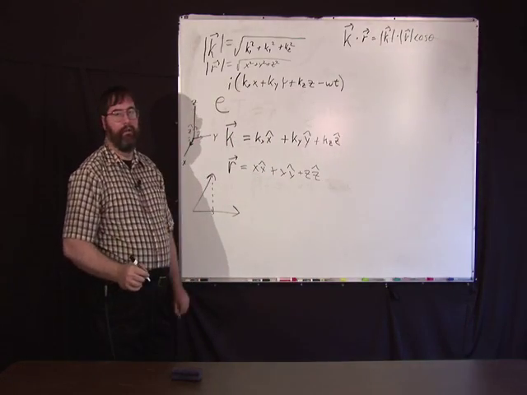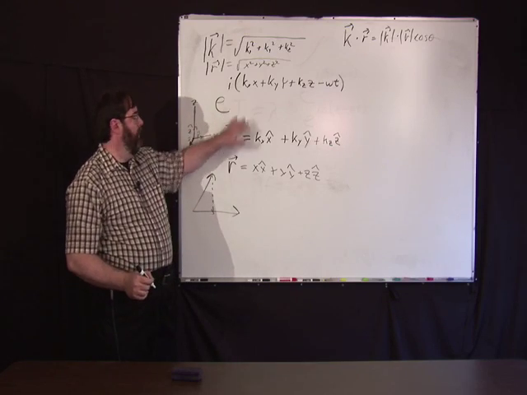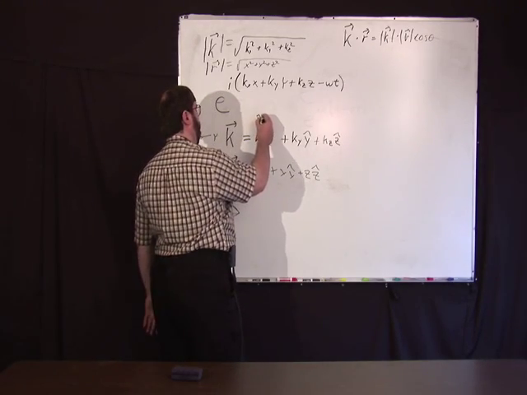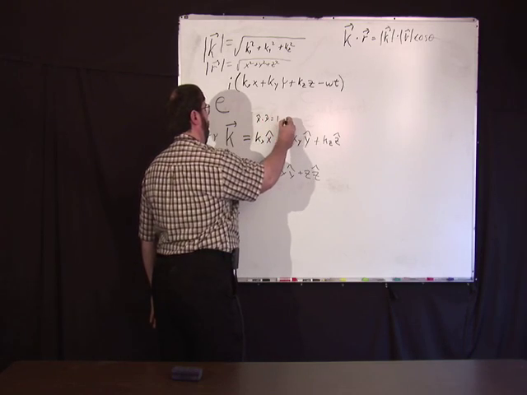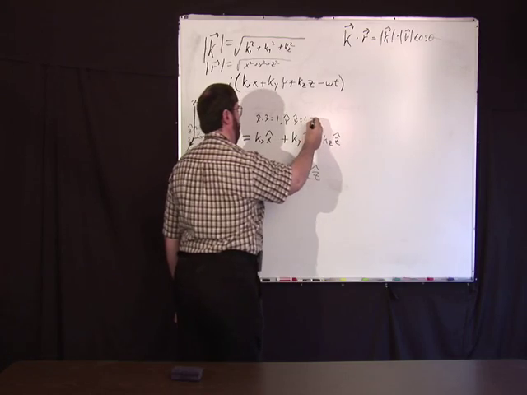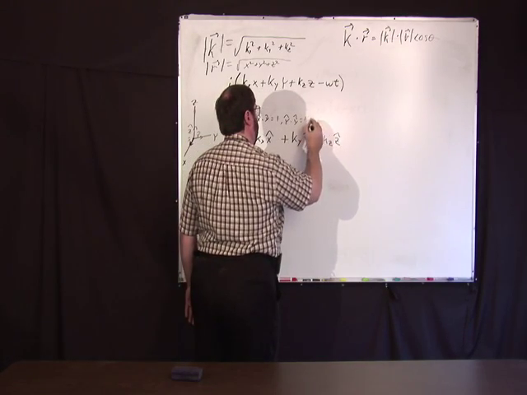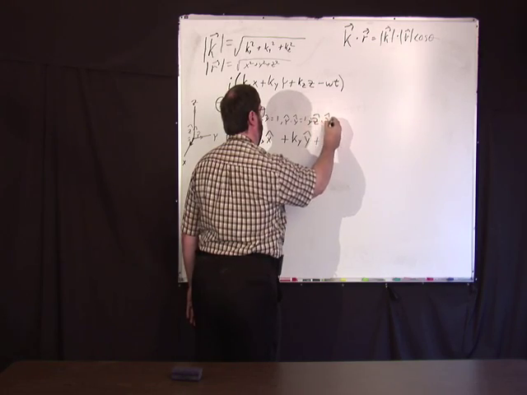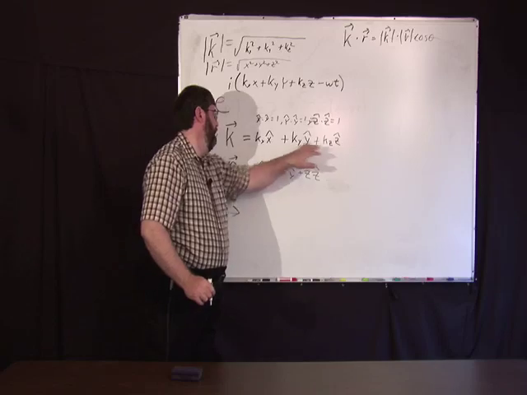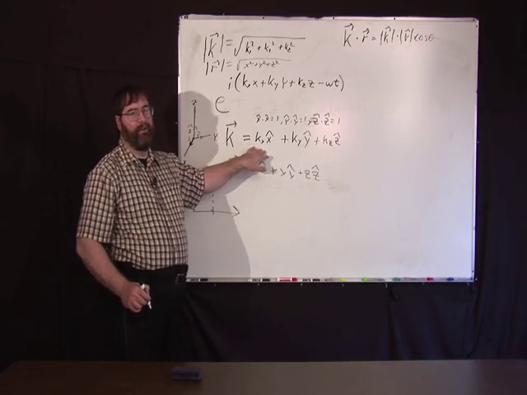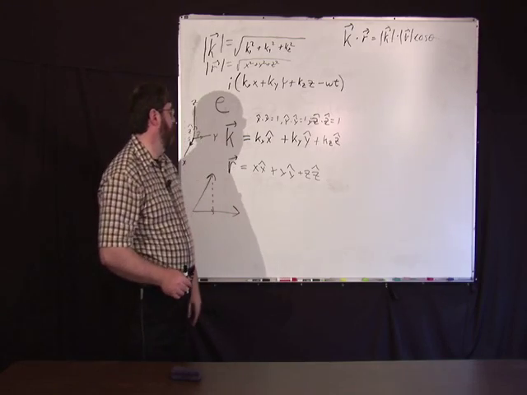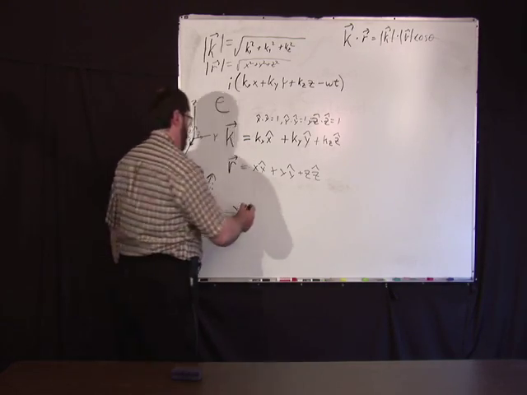Now, that's just projection of one onto the other. But you can also define it like this. You know that we can define x hat dot x hat equals 1, y hat dot y hat equals 1, projection of a vector onto itself, and of course z hat dot z hat equals 1. And this dotted with that is 0, this dotted with that is 0, this dotted with that is 0. So all the combinations of anything with another is 0, since these are at right angles to each other, so there's no projection. So you can also define k